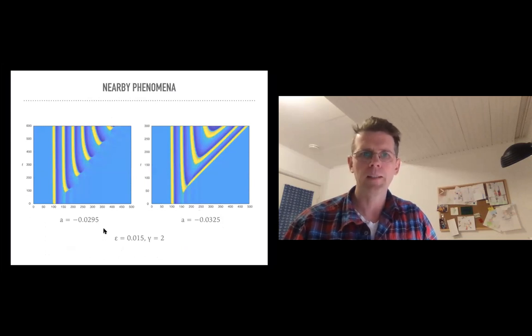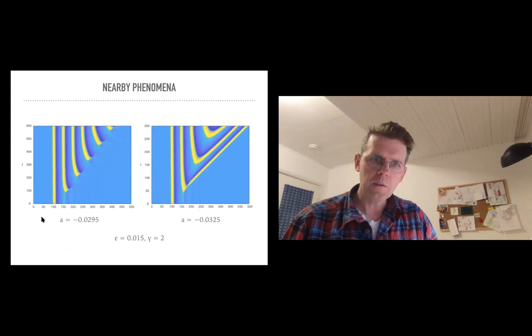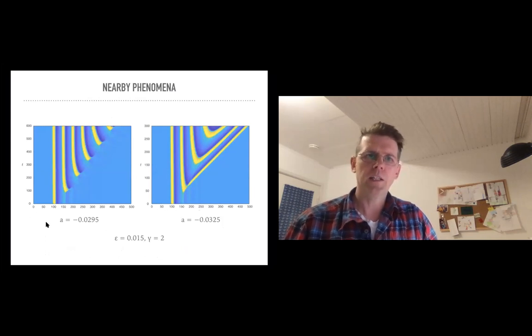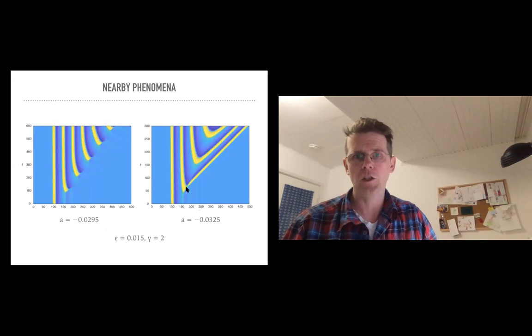There's more going on. So on the left, you see again this picture I've shown with the trace firing or the pulse adding phenomenon. That's for a parameter value A, which is here minus 0.0295. And if I take instead A minus 0.0325, so a little bit smaller, then the phenomenon is actually different. And whenever there's one pulse born in the wake, it actually shoots out another one in the opposite direction. That's how to interpret this picture here. So there's indeed a bit more going on.